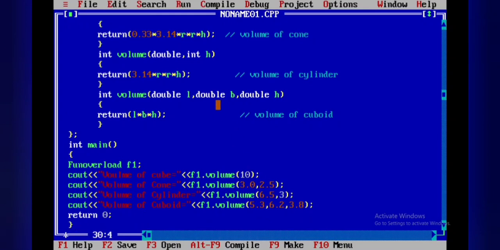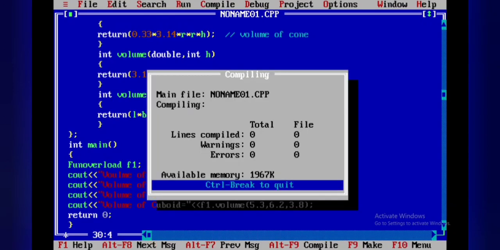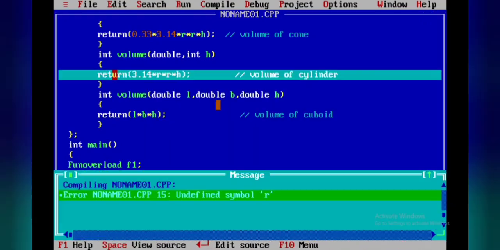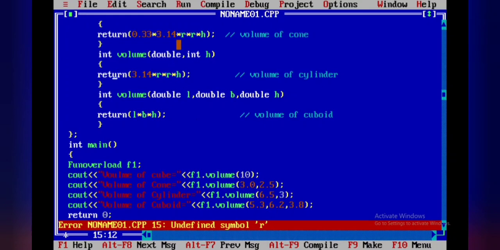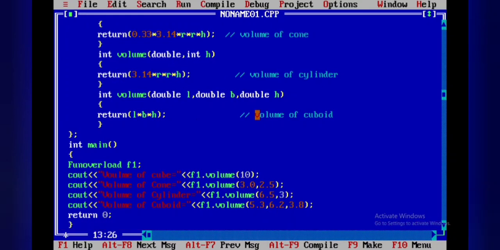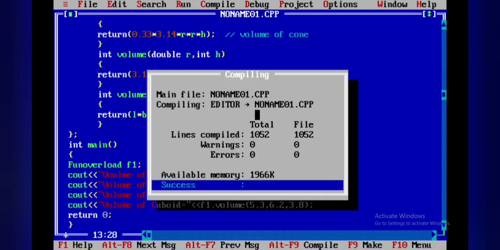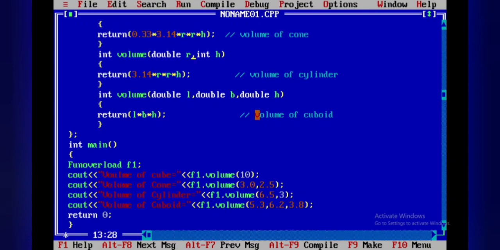Okay, so now I am going to compile the program. So I have error 1, undefined symbol. Okay, fine. Here I have not specified r, so double r. Okay, so 0 errors, and then I am going to run the program.